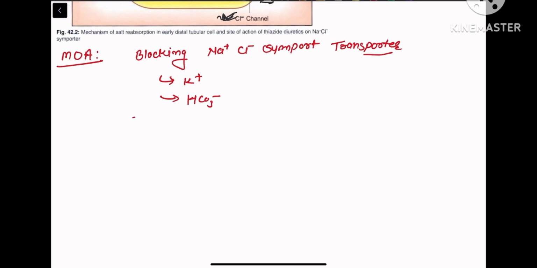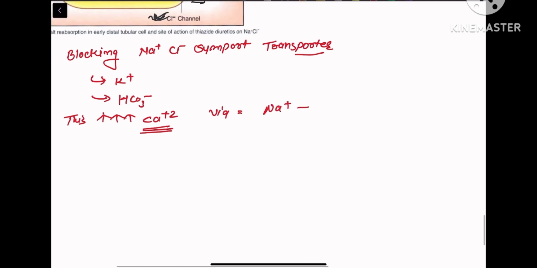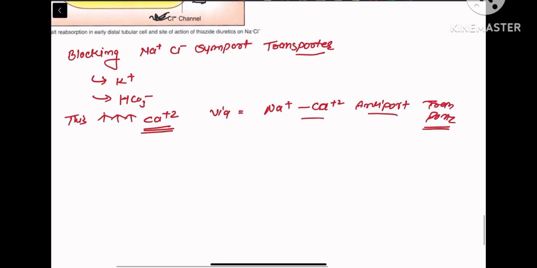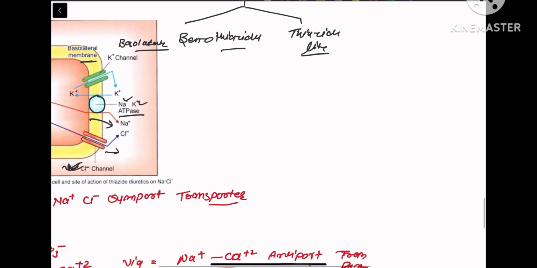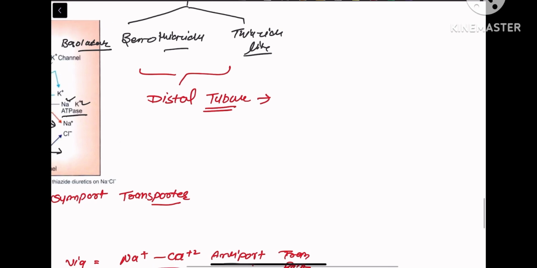But this is increasing calcium plus 2 absorption via the sodium calcium plus 2 antiporter transporter. Okay, because thiazide acts on the distal tubule, the early part. Okay,